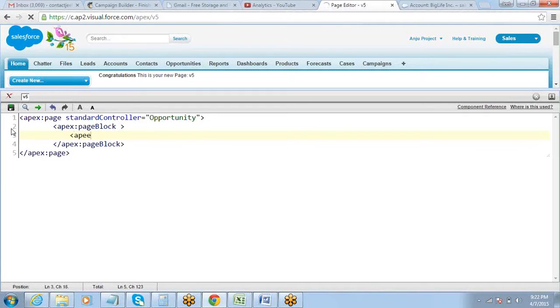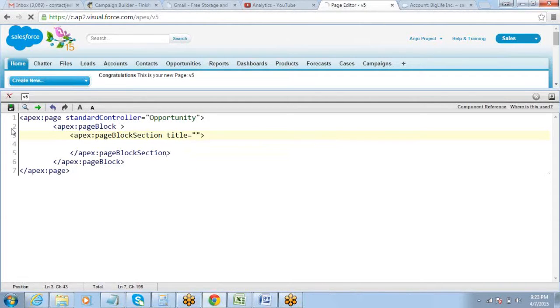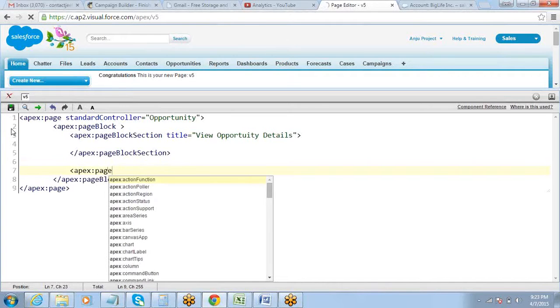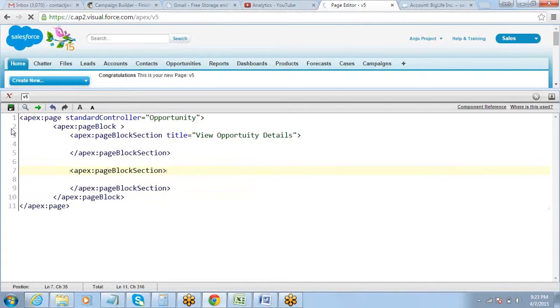Let me create page block sections inside this. So the first section I call view opportunity details. I will create another section and I will call it edit opportunity details. Okay, in the view details I just want to display the data, so it should be